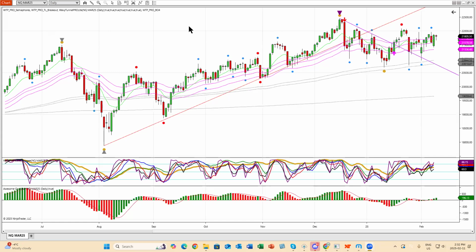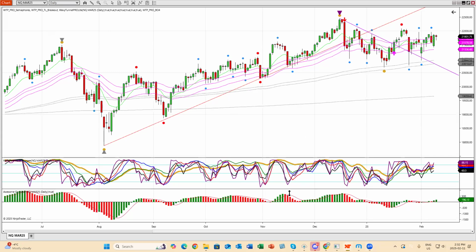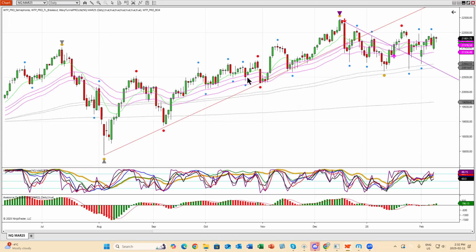So this is the NQ, and this is our setup, the Wavy Tunnel Pro. That's the system that we use, and we have a bunch of moving averages here. Really, what we want to do as traders is know: where are we going? Are we going up or down? Right now, we had a very strong candle yesterday, and today we have a long tail on the daily, and we are at critical levels on the top side. We need to clear these top levels to see the previous high. So that's where we are.